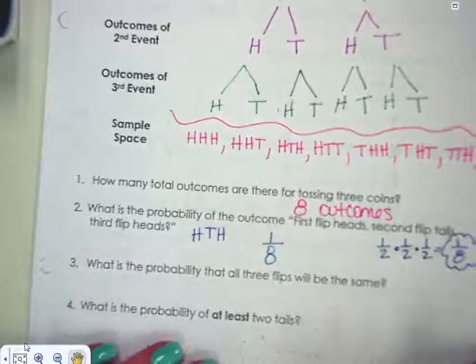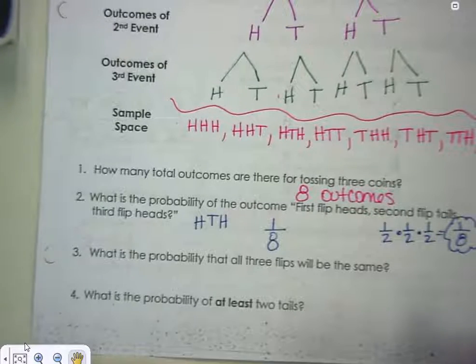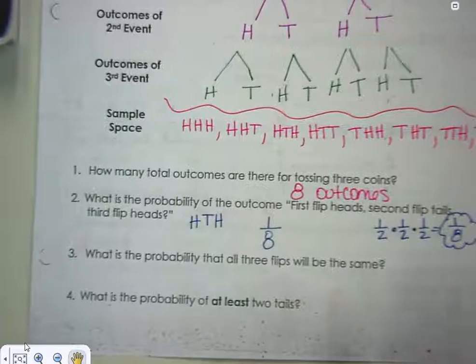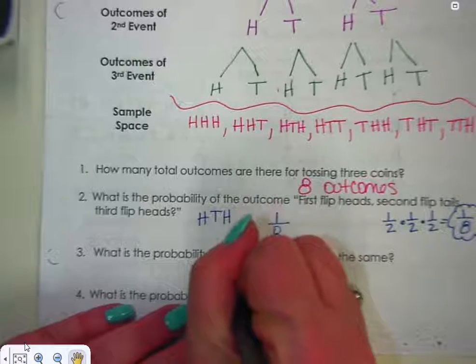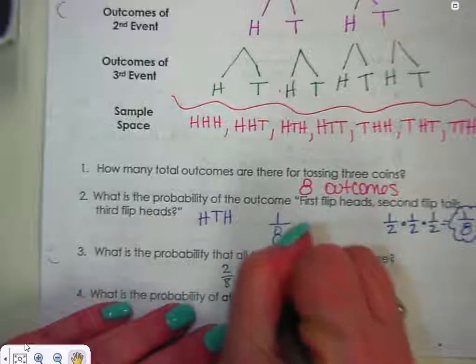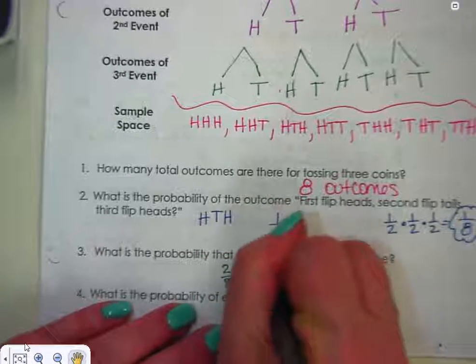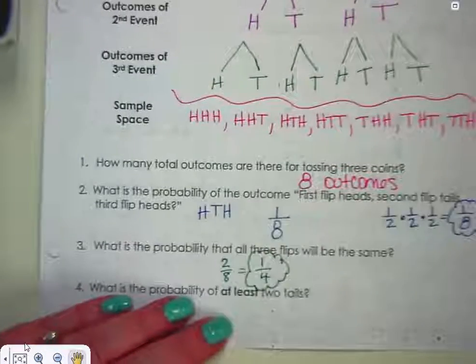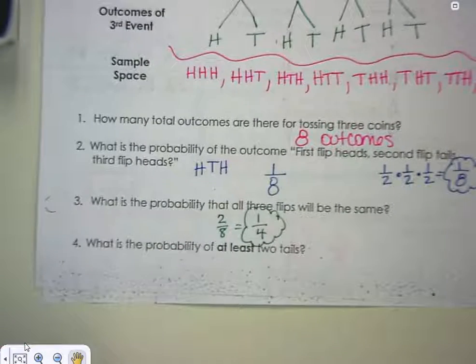What is the probability that all 3 flips will be the same? So we're talking about heads, heads, heads, or tails, tails, tails. What's the probability that either of those 2 things are going to happen? 2/8, which is 1/4. 1 out of every 4 flips should be all heads or all tails. That's our theoretical